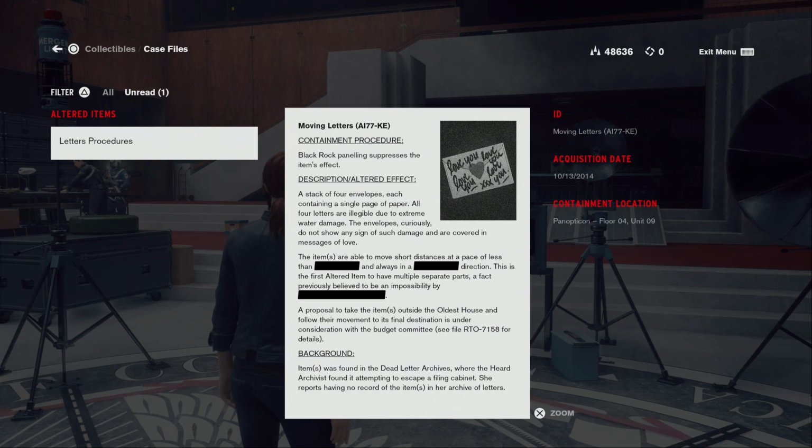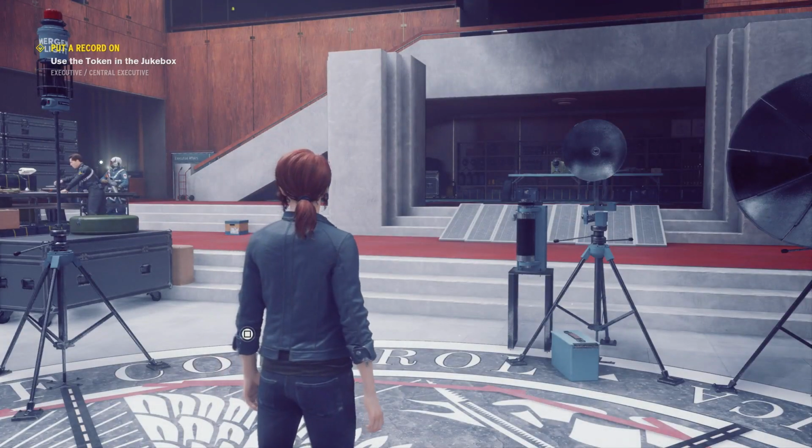I'm pretty sure that Herd Archivist is supposed to be Head Archivist, and they mistyped it. There are a lot of typos like that, but in this case, it's hard to tell whether that's actually what they meant or not. But I think that's the only collectible that I found that I didn't already look at, so